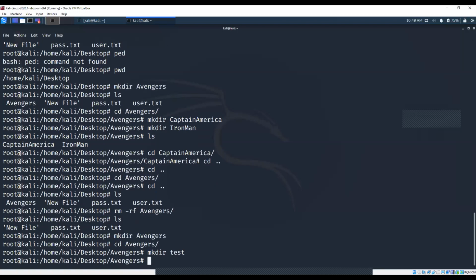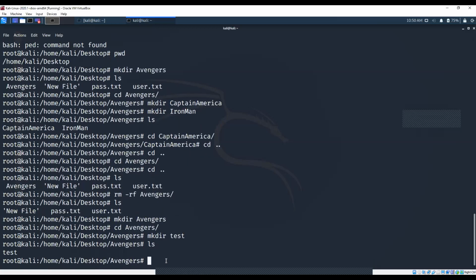All right, just a minute. So right now, I'm going to create another test directory over here. I'll just go with the command ls, which will list out the directories I have in my present working directory. I'll navigate into the test directory over here.